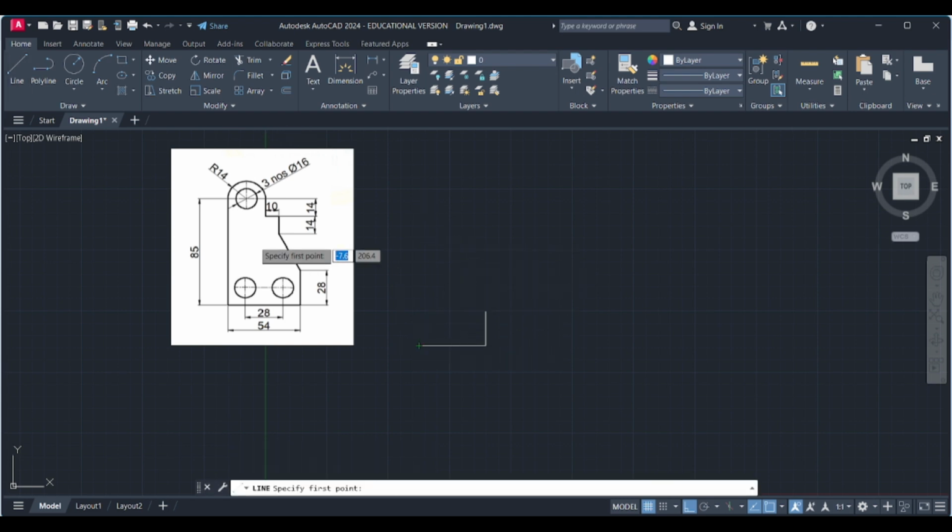Now I am going to draw the height, okay, 85 mm line. So I am selecting the line command and clicking the lower left corner where I started the drawing. Now I am pointing the mouse in the upward direction and typing the length as 85 millimeter. Then I am drawing the horizontal line. Okay, so here